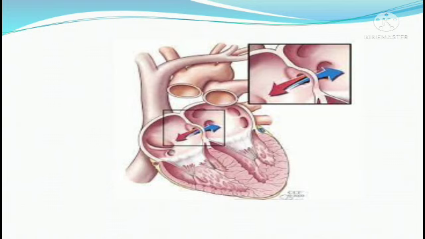Look at the picture. It is a cross section of a heart where, between the atria, a passing of blood is shown. Red colored blood is coming from left to right, and the blue colored is going from right to left atria. So what is this? This defect is shown in a small picture, so you can see it clearly. This is the disorder which is known as ASD, atrial septal defect.